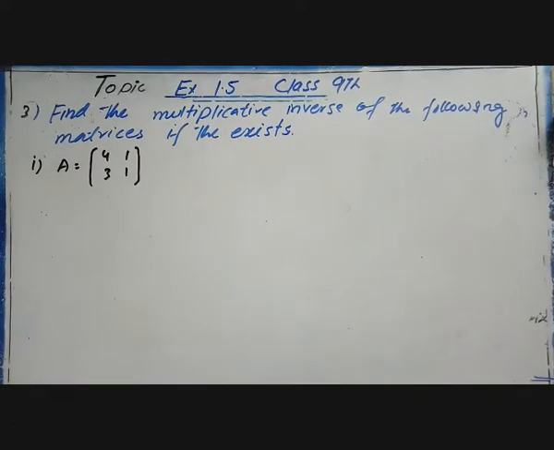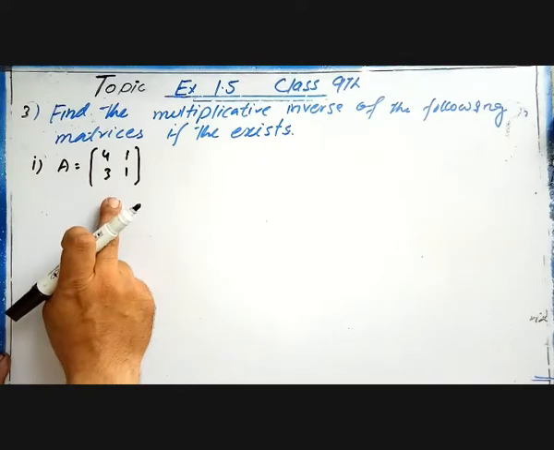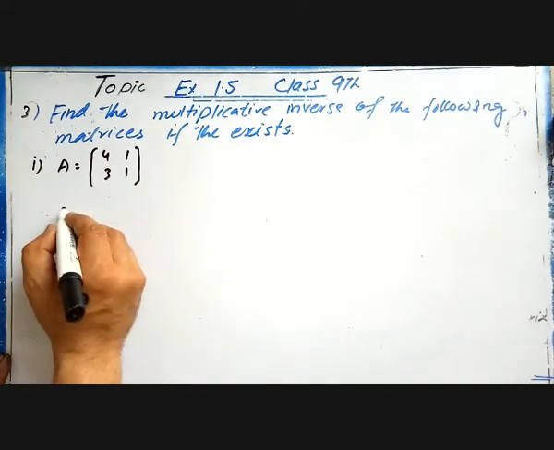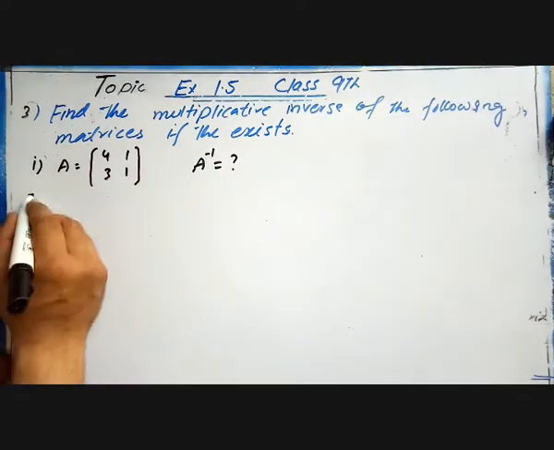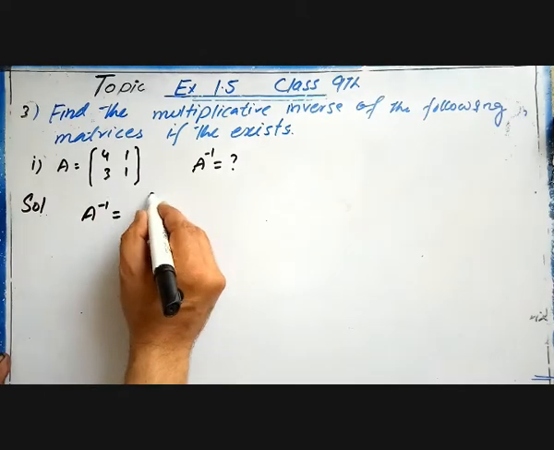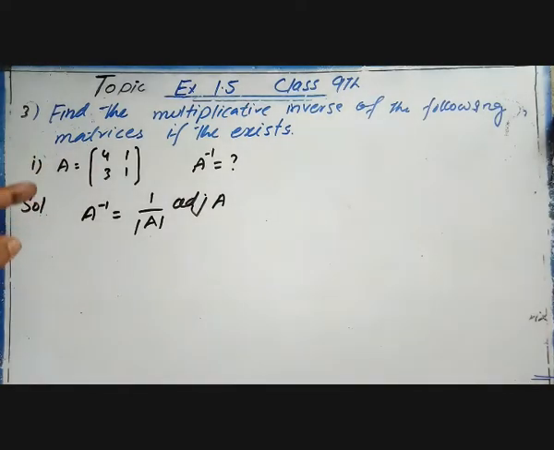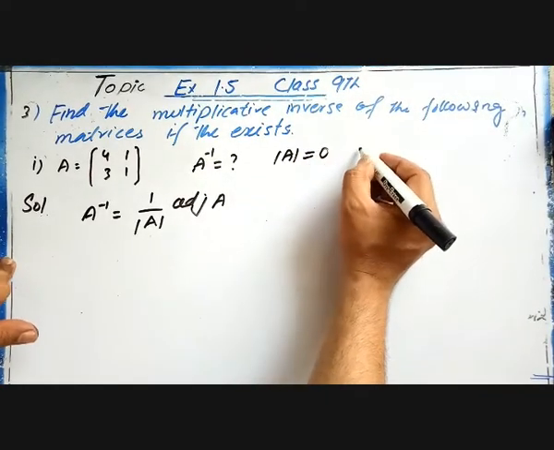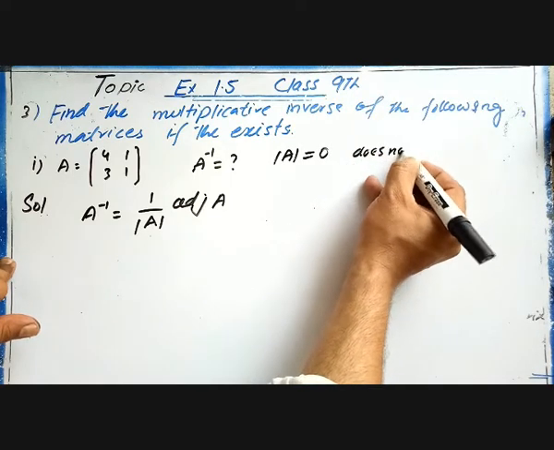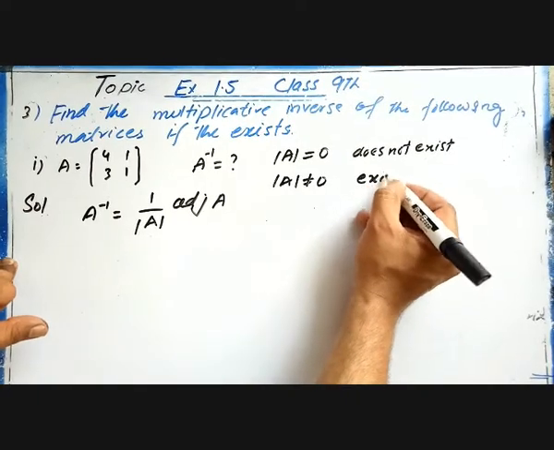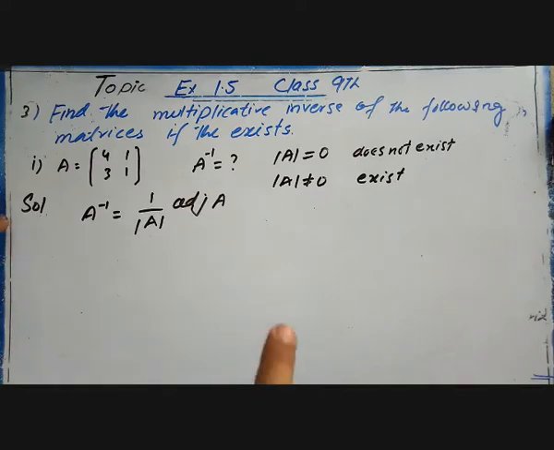क्वेश्चन नंबर थर्ड, पार्ट नंबर फर्स्ट, फाइंड द मल्टीप्लिकेटिव इनवर्स ऑफ द फॉलोइंग मैट्रिसेस इफ दे एग्जिस्ट। कंडीशन लगी हुई है, अगर मुमकिन हो तो आप मालूम करें। तो पार्ट फर्स्ट है हमारे पास, वी हैव टू फाइंड A इनवर्स। सो सॉल्यूशन, A इनवर्स इज इक्वल टू 1 over determinant of A into adjoint of A। अब एग्जिस्ट करता है या नहीं मल्टीप्लिकेटिव इनवर्स, तो वो हमें डिटर्मिनेंट से पता चलेगा। अगर डिटर्मिनेंट हमारे पास 0 के बराबर आ गया तो मैट्रिक्स का इनवर्स डज नॉट एग्जिस्ट होगा, ठीक है। इफ इट डज नॉट इक्वल टू 0, कोई वैल्यू आ गई तो फिर एग्जिस्ट होगा और फिर हम A इनवर्स फाइंड कर सकेंगे। तो सबसे पहले हमें डिटर्मिनेंट फाइंड करना होगा।